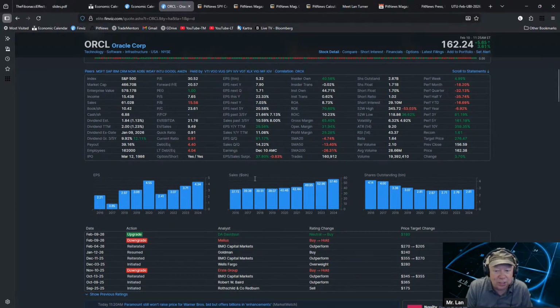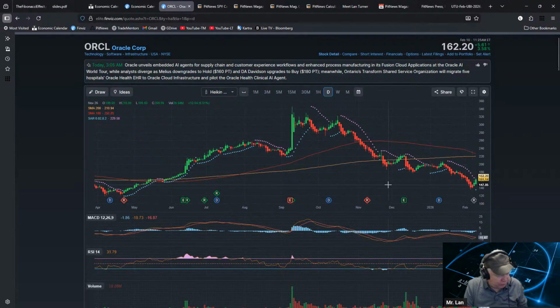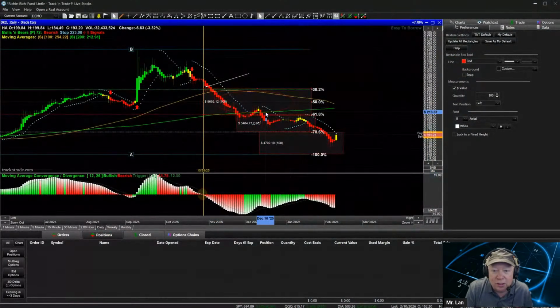You have to see if sales are going up and if the shares outstanding are going down or up or staying flat. If the shares outstanding are flat like they are on Oracle, and their earnings per share are going up and their sales are going up, that's a good company. All right, that's a good company. So we like Oracle, and they're way down. They're very depressed right now. So now would be a very good time to buy some Oracle. Okay, and you can see that because it's below